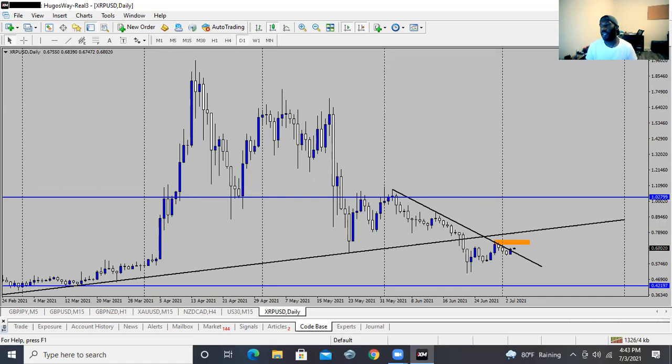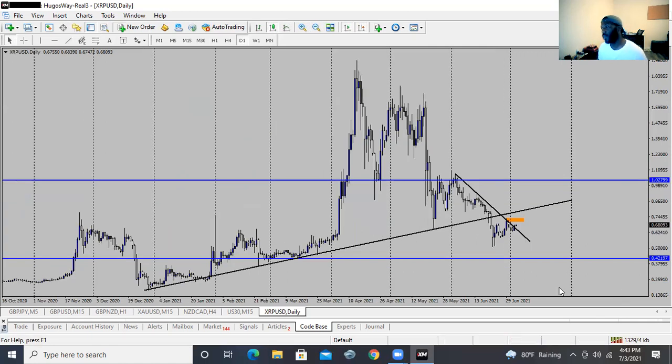That's what I see. That's what I'm looking at. That's what the price action is telling me. Price action is going to show you what the market is doing. It's going to lead the way. So use price action to your advantage. Use top down analysis to your advantage. We are in a downtrend.